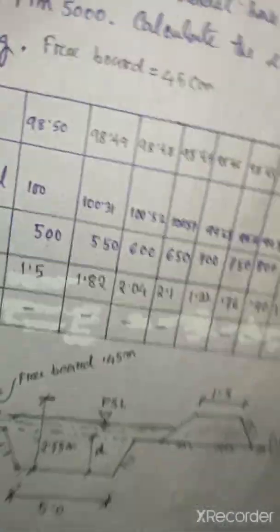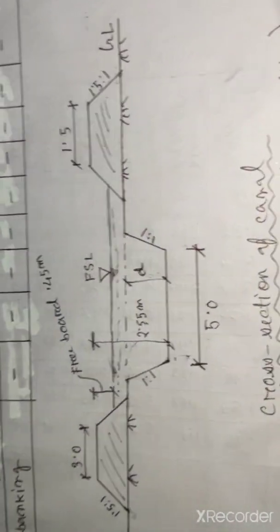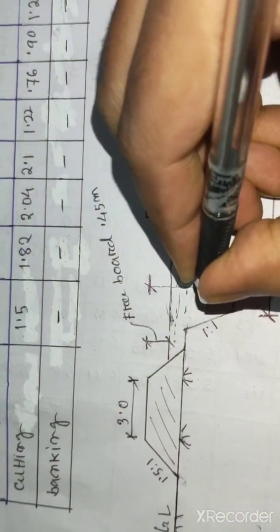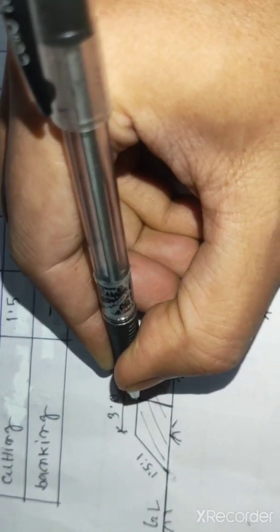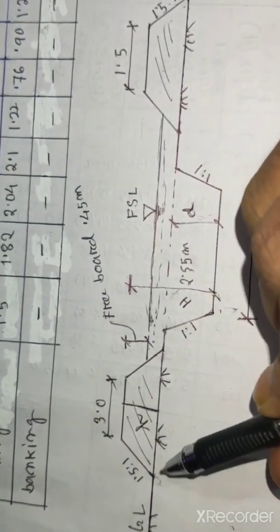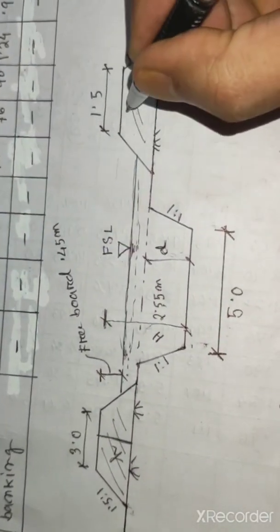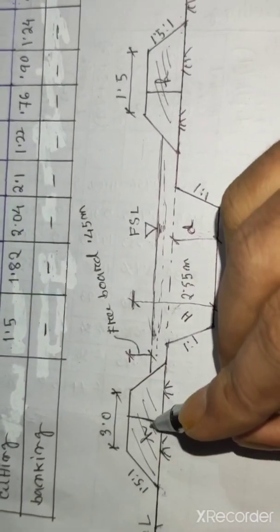Now how we got this and why do we need this? For that explanation, I have to go back to the figure once again. Now this is the figure. This is capital H, 2.55. Now we need this height, small h. Why do we need this height? Because BD plus SD square is the volume of this bank. To find the volume of this bank, to find out the quantity of banking, we need this h.